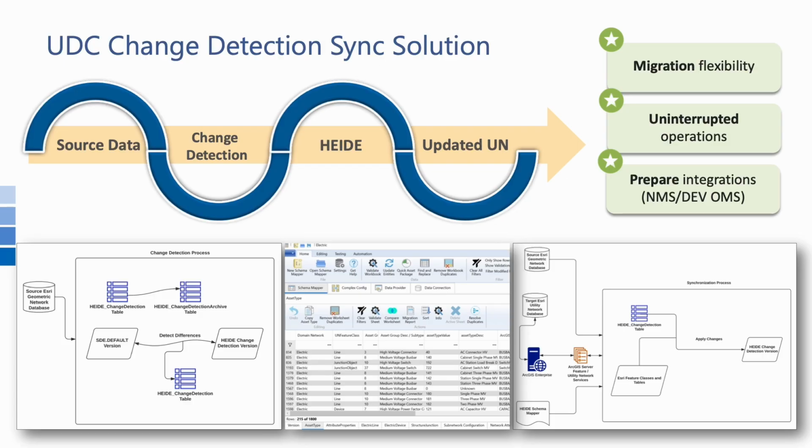And then what we do is we use our mapping, Schema Mapper is what we call it. What that does is it maps the GN to the UN. And then our Heidi tool will do some automated fixes. Again, we prefer you do the fixes in the source first, but as we know, sometimes that can't all happen. And then it gets pushed into the UN.